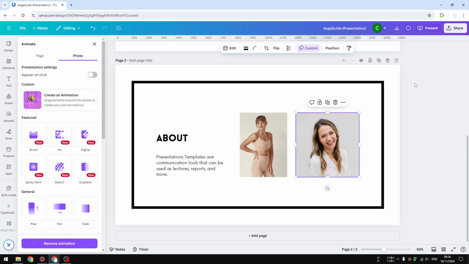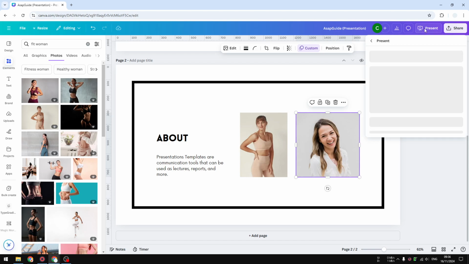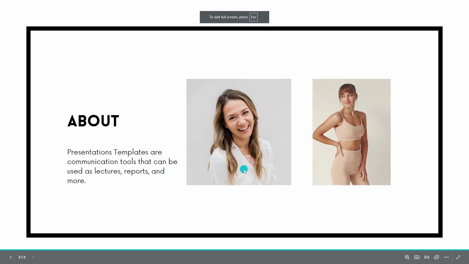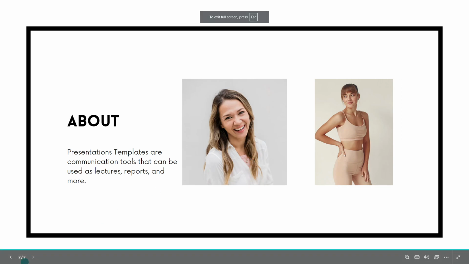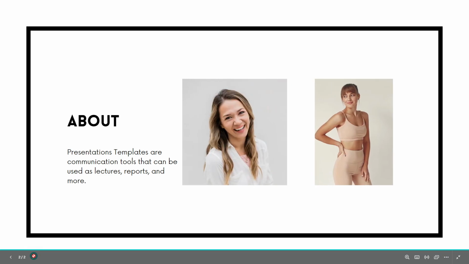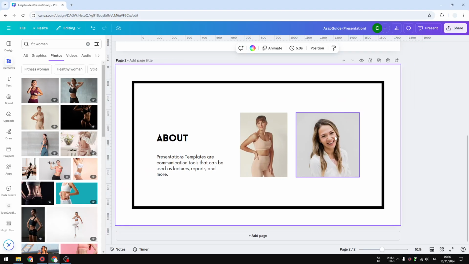Okay, let's preview the result. I forgot how to do that. Okay, so that was the result. Then we can do it again. Okay, that looks really good. So that's exactly how you can create motion path